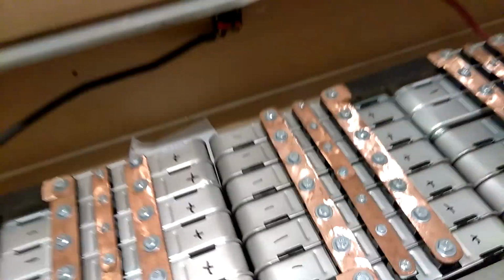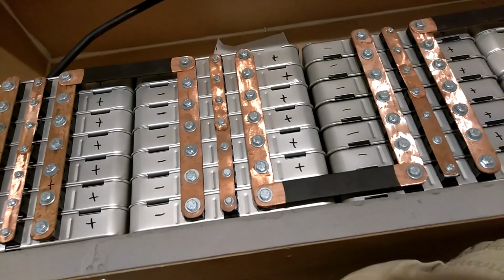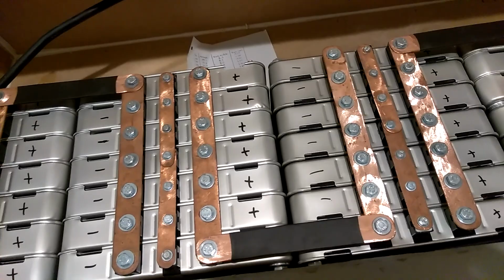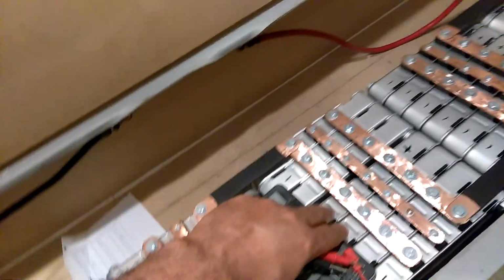This thing is crazy. It's staying so balanced. I'm trying to justify buying a BMS, but so far, man, I can't do it because this thing has been running a week and the voltage just seems to stay so consistent. I don't think it's really worth buying a BMS. All right, let me move this down and we'll do